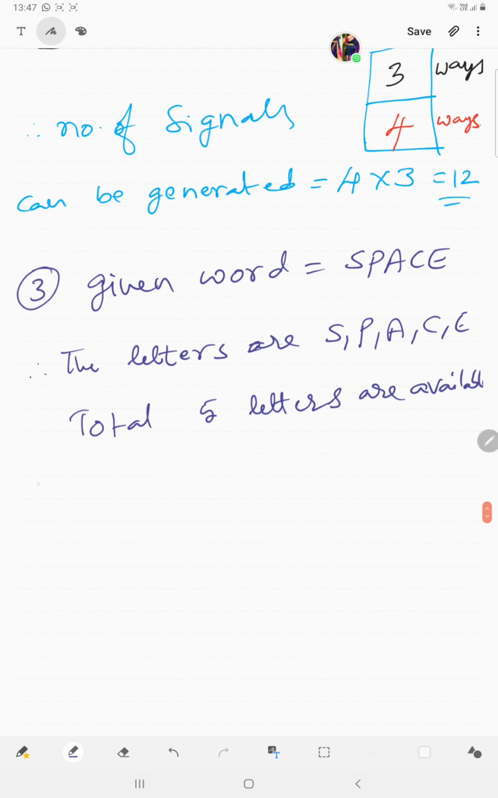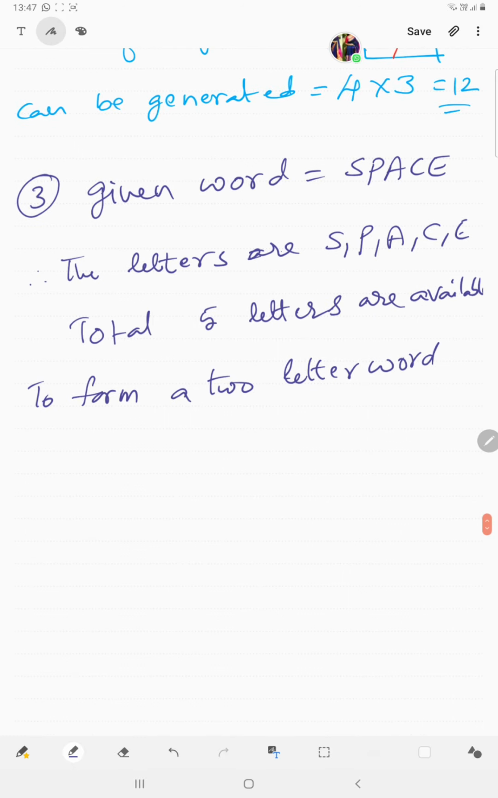Now, to form a two-letter word, whether the word is meaningful or meaningless, that is not our case. We have to generate only two-letter words. That's it. First one: if repetition is allowed,